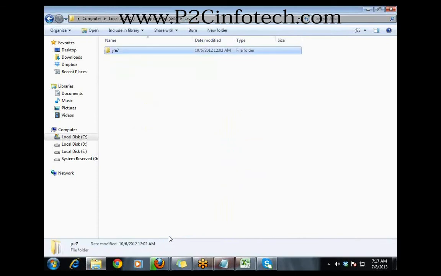In that we see the JRE folder. JRE is the Java Runtime Environment. JDK is a development kit. JRE is the runtime entity. JDK is used to develop the application. For example, if you want to develop any kind of application, you will be using JDK. But there should be something that runs that Java application, correct? You know that Java has a compiler and interpreter, compiling the program and running the program.